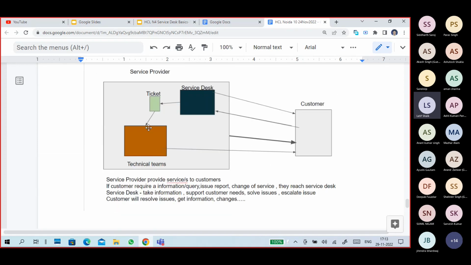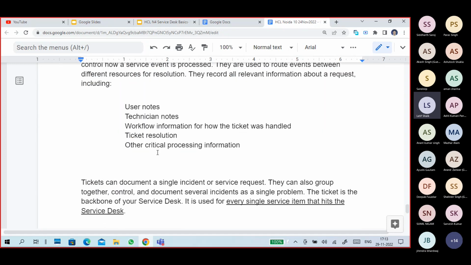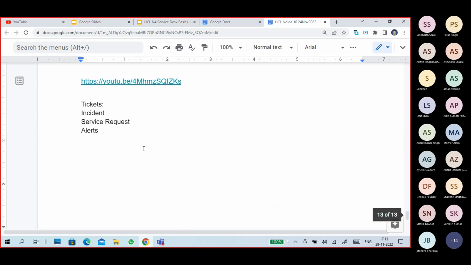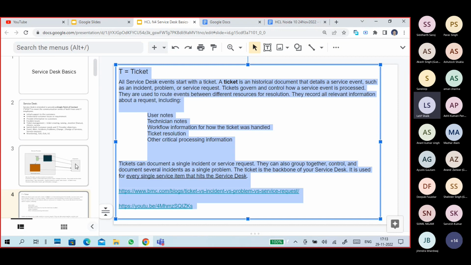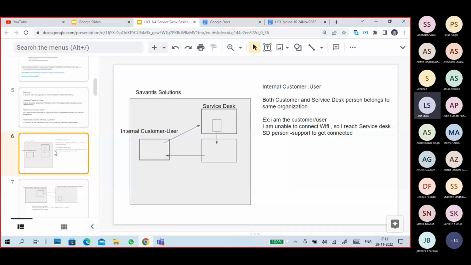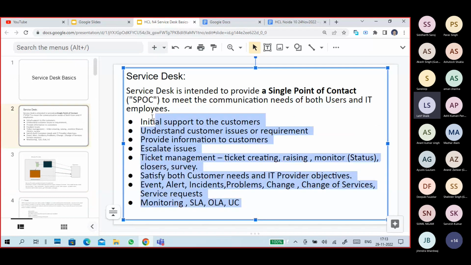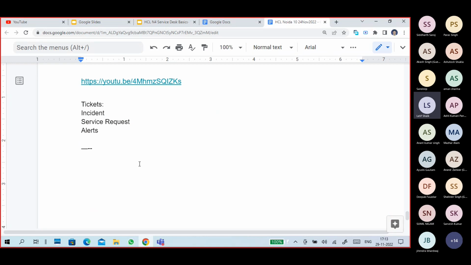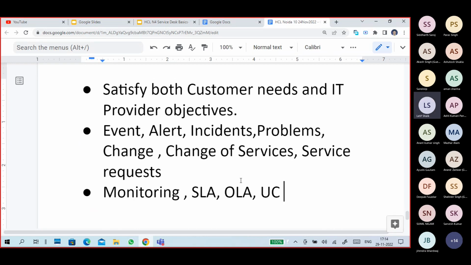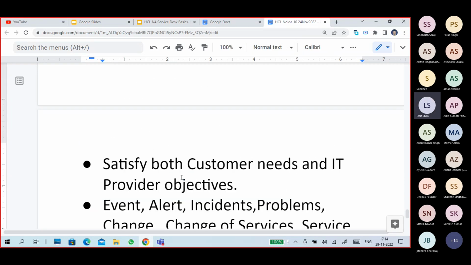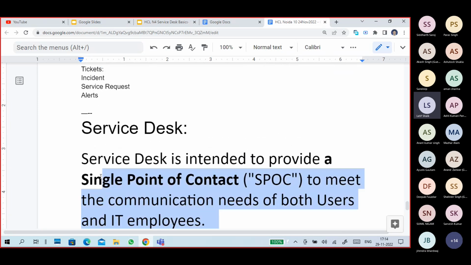And we covered the ticket and ticket life cycle, and what the different tickets are. The only thing left is what is service desk, and what the service desk responsibilities, SLA, OLA, UC are.